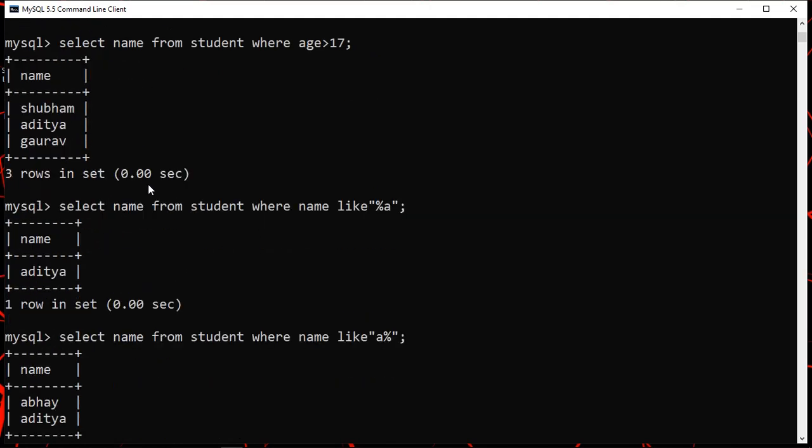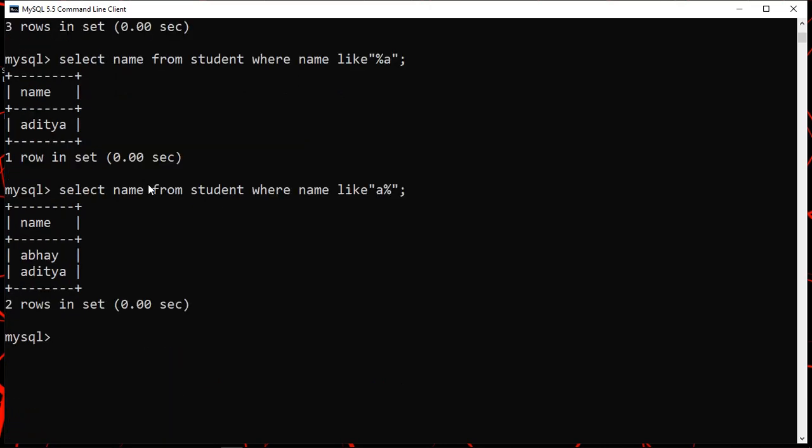Okay, so I think you must have got the role of the select command, how you can use the select command, and also the use of update. Now let's see how we can insert data from one table to another table. As I told in the beginning of this video, we have two tables, student and student 1, inside our school database.